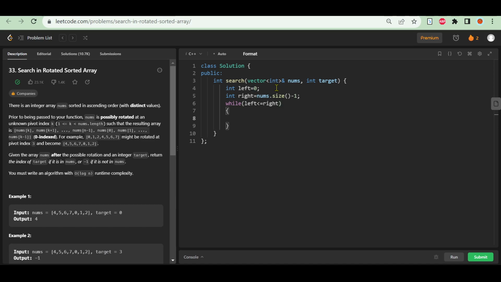Now in this while loop we'll find out mid. Int mid is equals to left plus right divided by 2. Now after finding out mid, we'll see whether the right part is continuous sorted part or the left part is continuous sorted part,